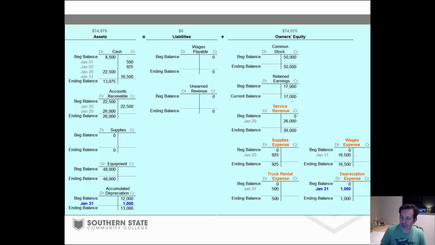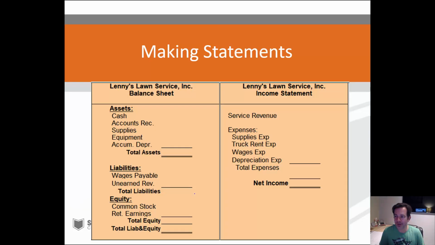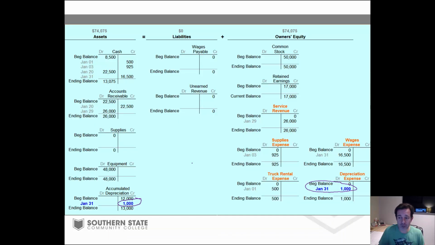We got our ledger accounts right there. We just booked a debit to the expense account, offsetting credit to accumulated depreciation, just like that. All right. And now make our financial statements. I'm going to pause right here and let you fill these out. You can pause yourself and fill these out. We're just going to use our ledger accounts here. Remember, we're always using the ledger balances, the ending amounts, and using the correct side that they're on to fill out our